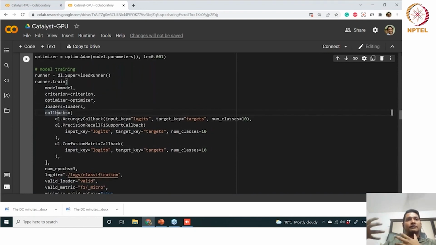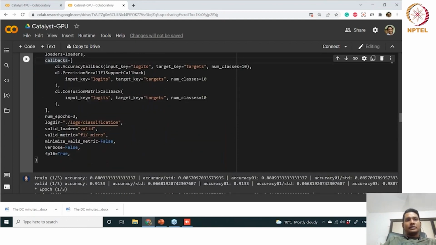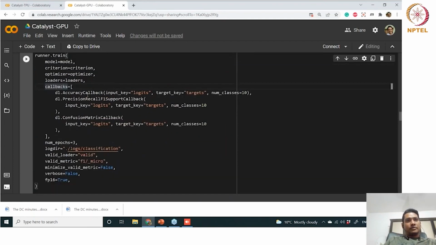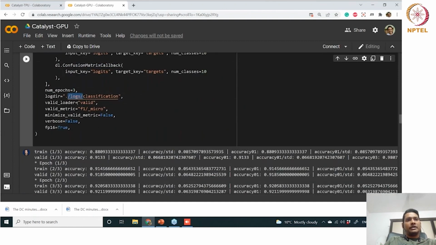So instead of only running the vanilla runner, you can add the callbacks as you want to. Okay. So you want to have the confusion matrix callback. So I've added 3 callbacks here. Number of epochs, log directory, and whether we are doing the validation.